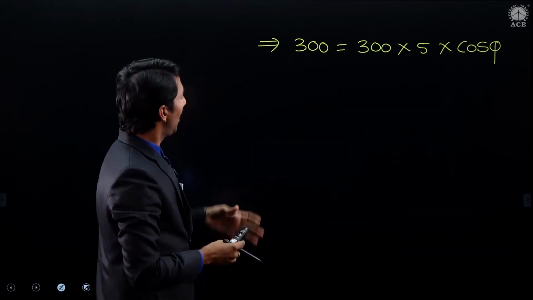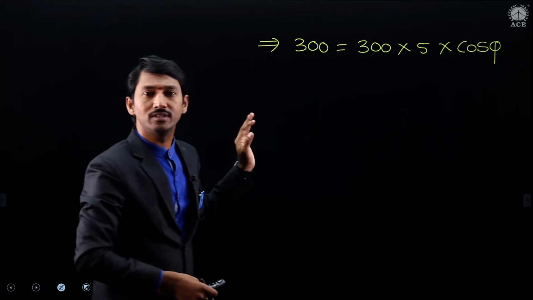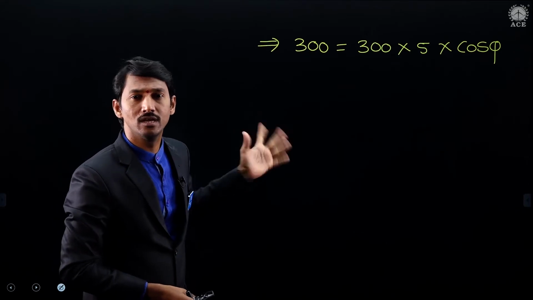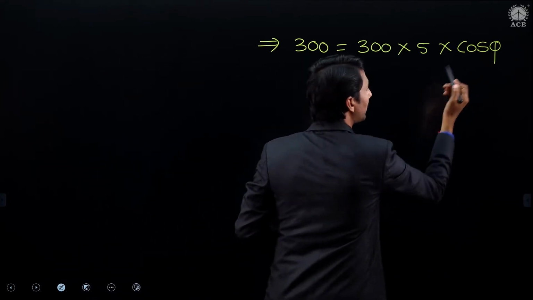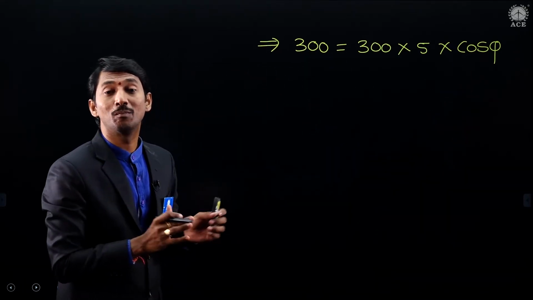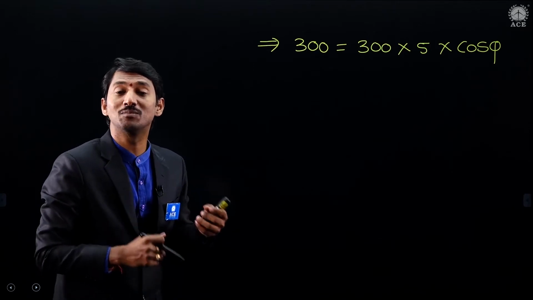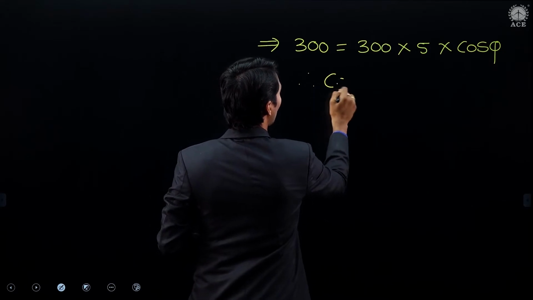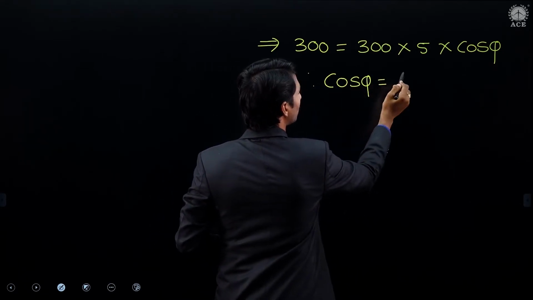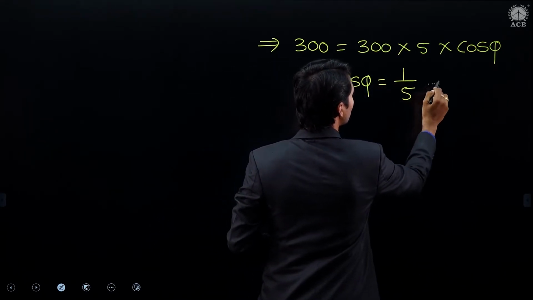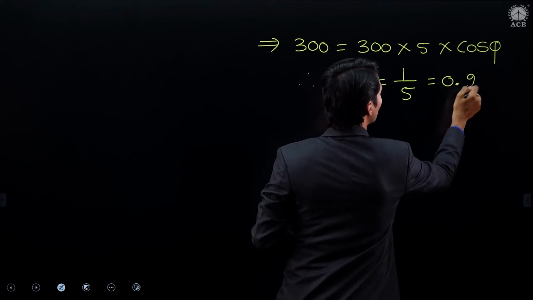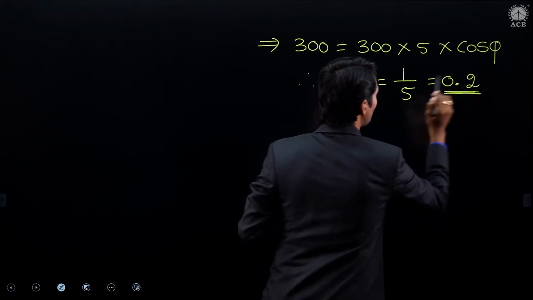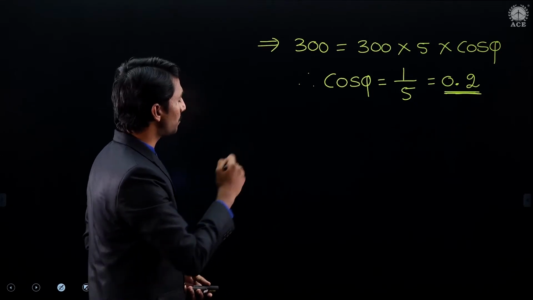Right. See, all values we have substituted with respect to full scale values or not? Yes. So therefore automatically power factor is also you are going to get as maximum possible value. Therefore simply, cos phi is equal to 1 by 5. So therefore what is it? 0.22. But see, answer is 0.2, okay.